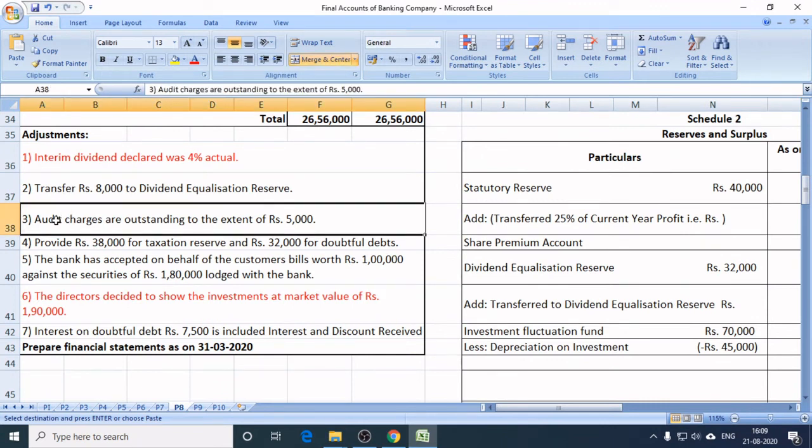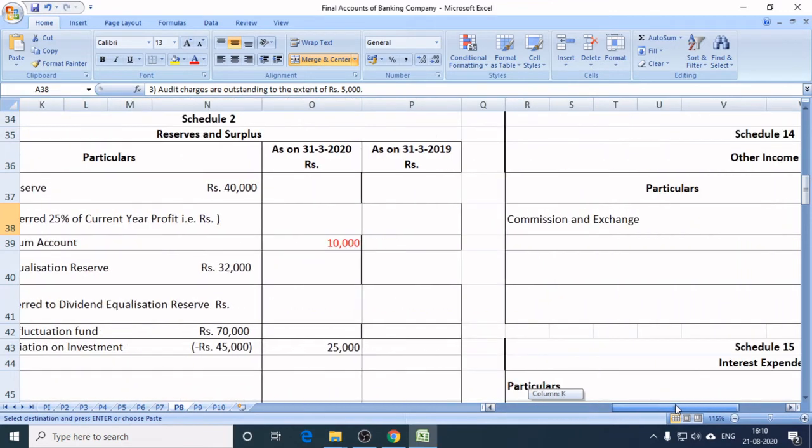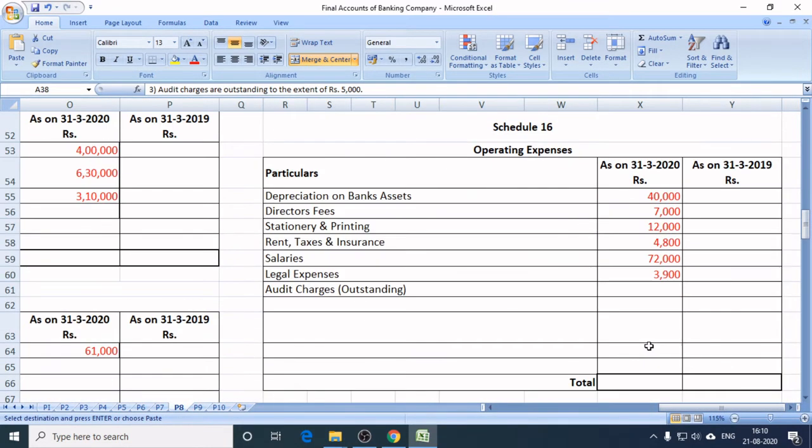Okay, first I'll discuss with you the effects of adjustment number 3, audit charges are outstanding to the extent of 5,000 rupees। इसका मतलब क्या है कि जो भी financial year 1920 का जो भी audit हुआ है financial data का, उसका जो भी ऑडिटर ने चार्ज लगाया है दैट इज ₹5,000 एंड विच इज आउटस्टैंडिंग। इसका मतलब कि वो अभी तक पेड नहीं हुआ है लेकिन इट इज एन एक्सपेंस ऑफ अ बैंक and whether it is paid or not paid, so we should consider it under schedule number 16, that is audit charges, and these audit charges are outstanding। The figure is 5,000 rupees।